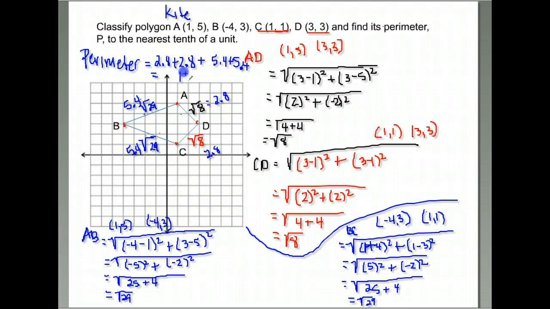When I add them all together, I get a perimeter of 16.4 units. And I'm done. Okay, so if you like using the distance formula, you can just take that as your example. If you would prefer to try it using the